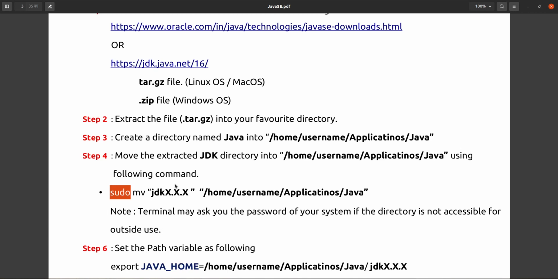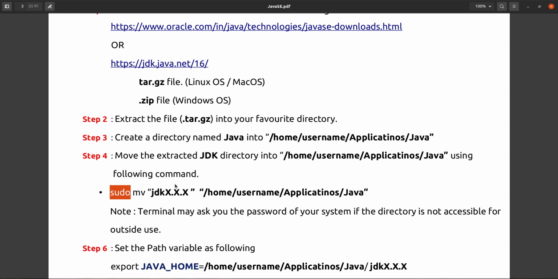We use sudo when the target directory is not directly accessible to us. In that case we have to use the sudo command, because by using sudo your terminal will ask you for the password of your operating system, and then it will move the files.